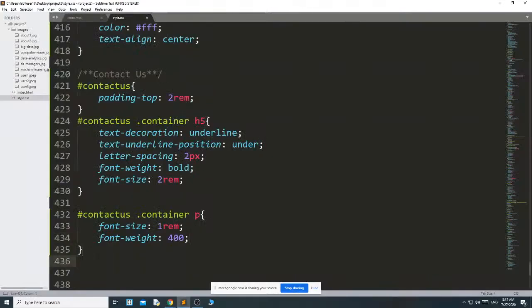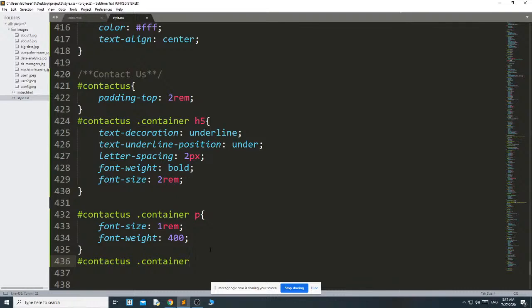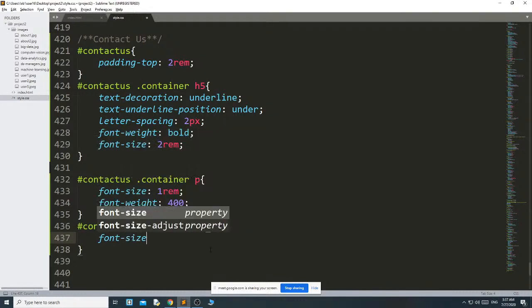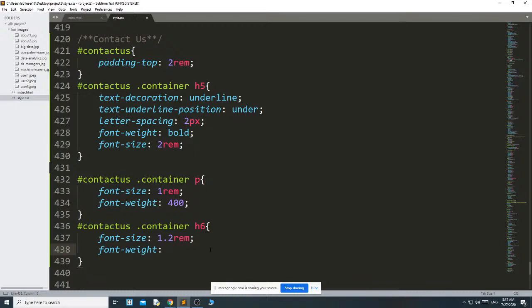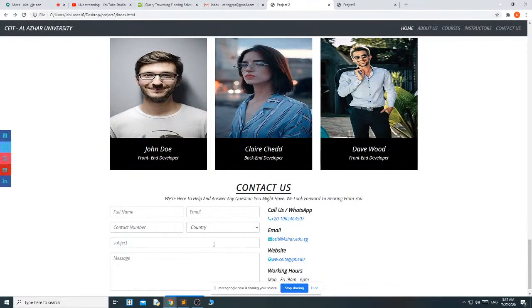Then your H6. The H6 means these things, whatever you have written in H6. For H6 I have used font size 1.2 rem and font weight bold. See, it becomes a little bit bold. Okay, these are the H6.